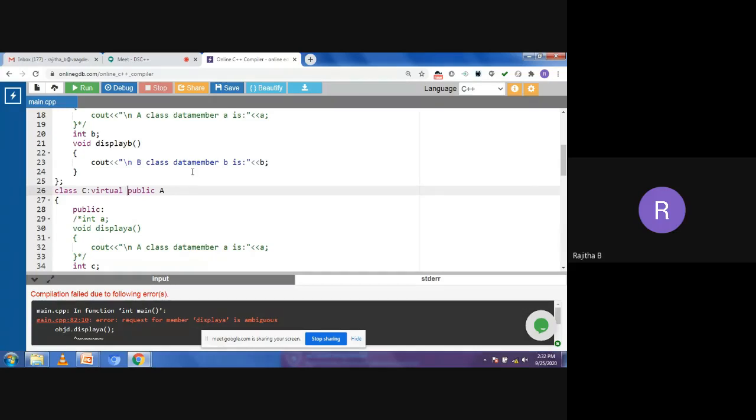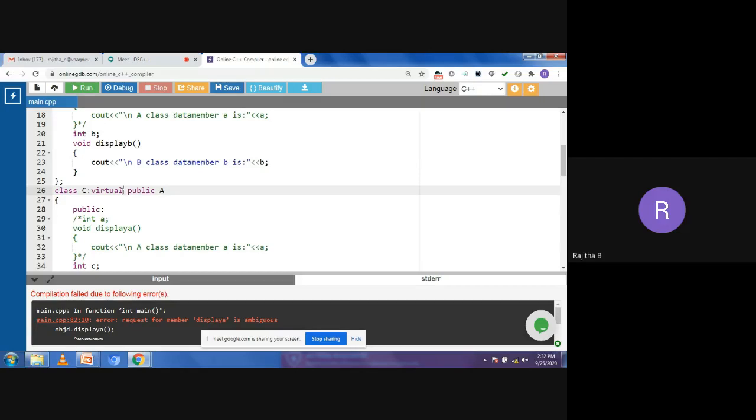You are creating the number of derived classes from the same class, so you may get the chance of the number of functions being ambiguous. In that case, we need to overcome the problem by using the keyword virtual on the base class. What is my base class here? A class. So before that, you need to use the keyword virtual here.